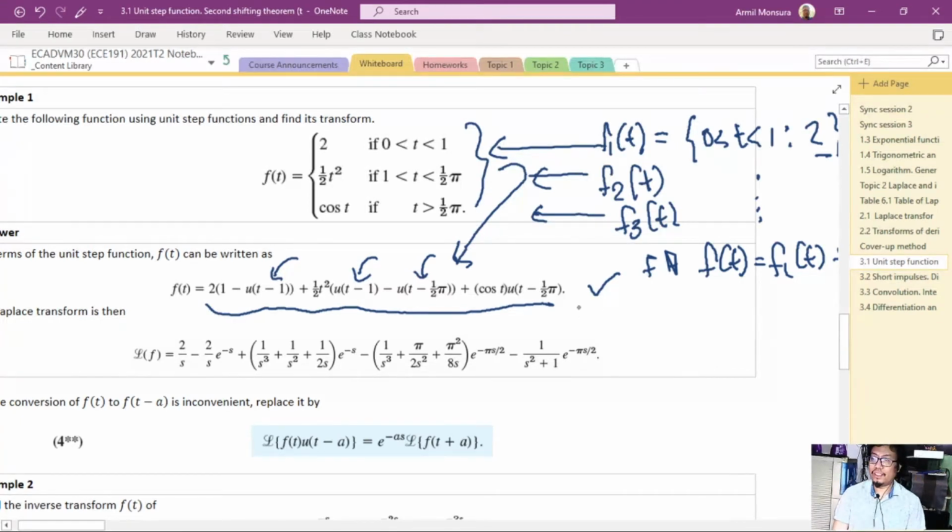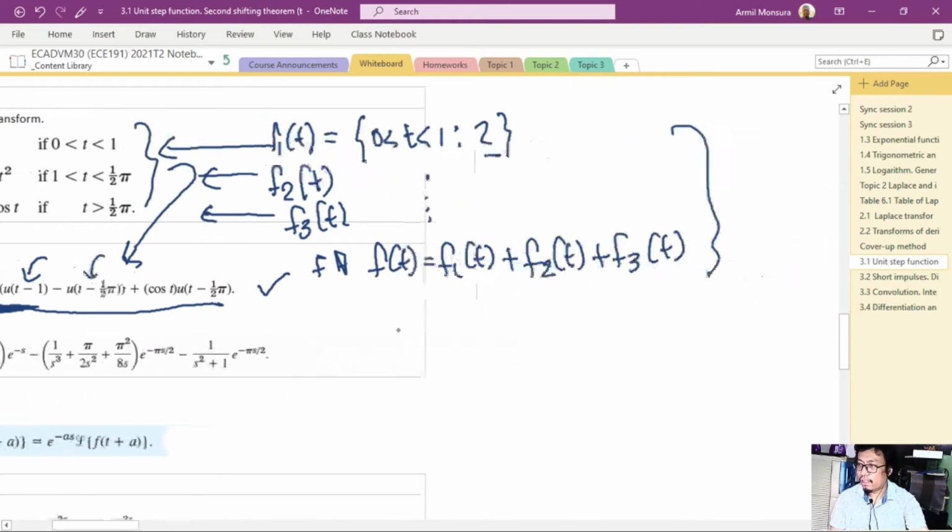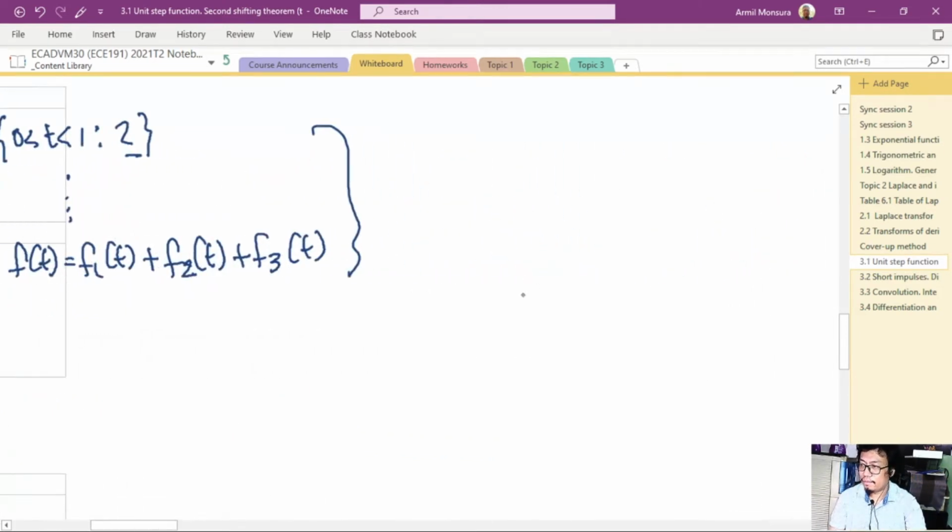Now, what I would like to do is to try to find the Laplace transform of this one. In that case, I would like first to concentrate on the second term, because this is where the first form of the formulation for the Laplace of the step function gets really complicated. So I'll take that one out. Let's have it as 1/2